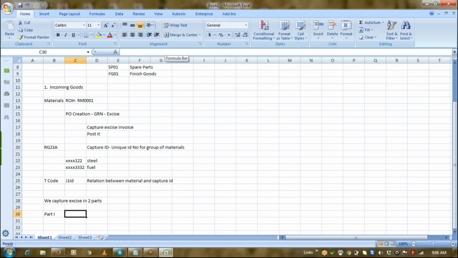We can say part one is some kind of parking. What happens when you take a goods receipt? If your material is excisable, you can capture excise within the MIGO transaction. Here, you'll capture the part one details only. In part one detail,